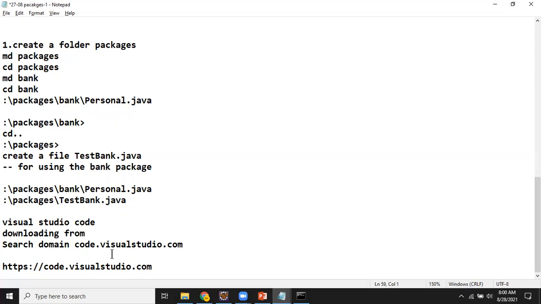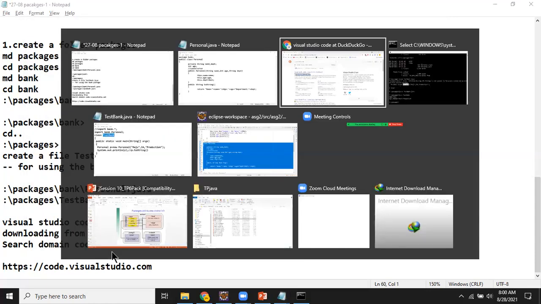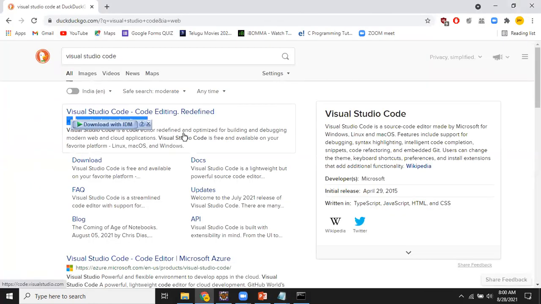Either you search for Visual Studio Code by typing it, or you can directly go to that URL: https://code.visualstudio.com. You can type it and download it. I'll go back to the browser. Now I'm just clicking.